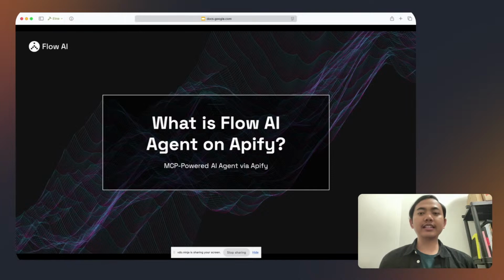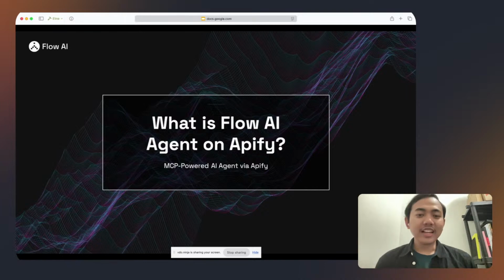The good thing is you can publish it to the real world. Because it is a marketplace, people can go to Apify, try your MCP server, in this case Flow AI, and then use it. That's why we are really excited to publish the Flow AI agent on Apify.